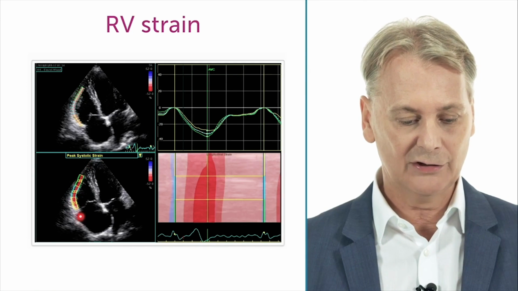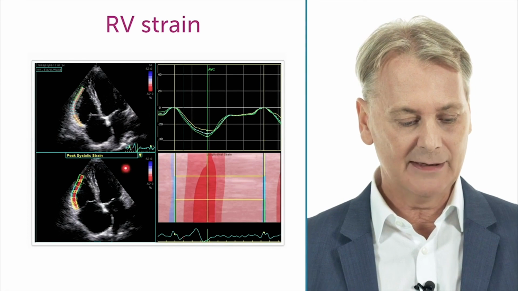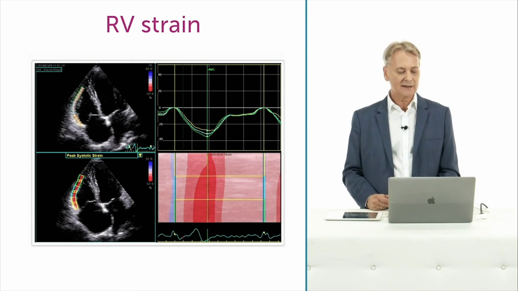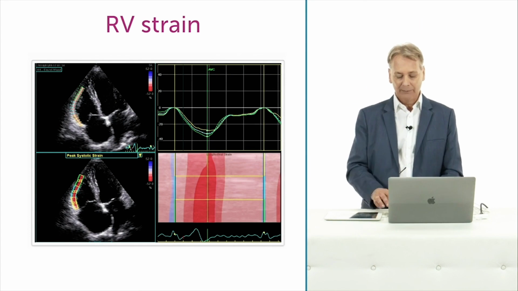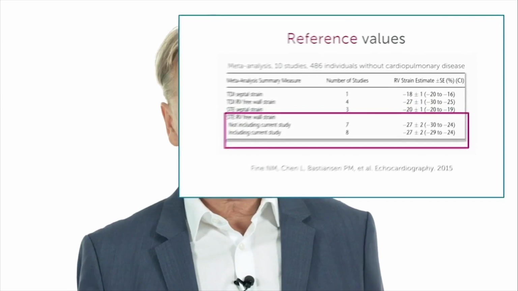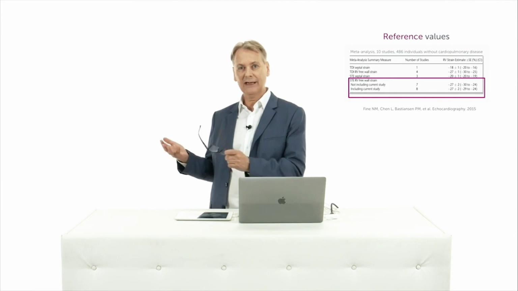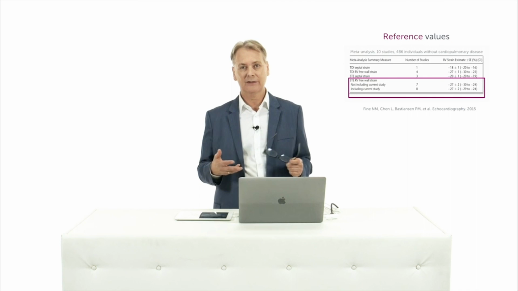And this is a methodology which allows you to do a lot of calculations. Not only can we look at the entire myocardium, but also look at the individual segments, the base, the mid, and the apex. We have different ways of displaying these curves and the data. But the bottom line is that we now know that there is a value that is somewhere in the range of minus 27, 28, which is normal. Now, this is a value which is higher than the global longitudinal strain that you will use for the left ventricle, simply because